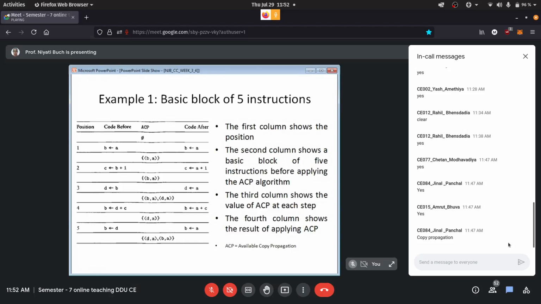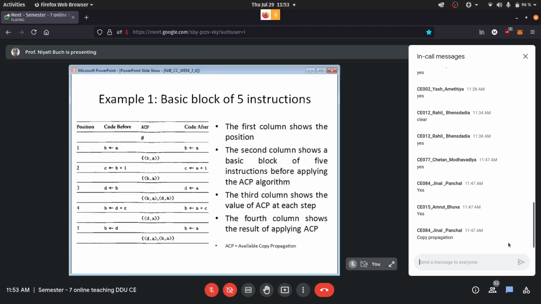Okay, right. Let's go to the next instruction. I hope this idea is clear. Do not make the mistake of writing D comma B. Just looking at the code, from the instruction, don't make an entry into your ACP. If you do, then you may not be doing copy propagation for some of the instructions. So you have to be careful, because now D is also going to contain the value of A, so D can be replaced with A.